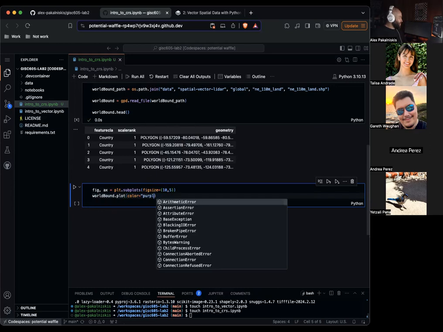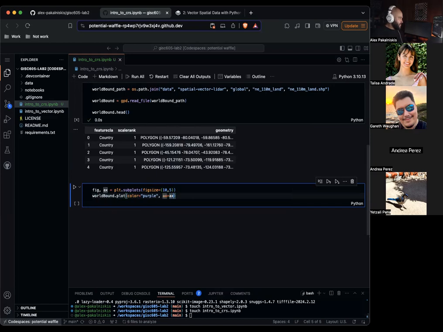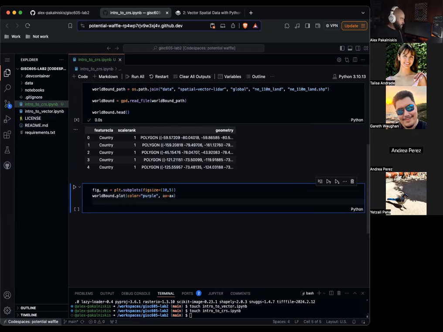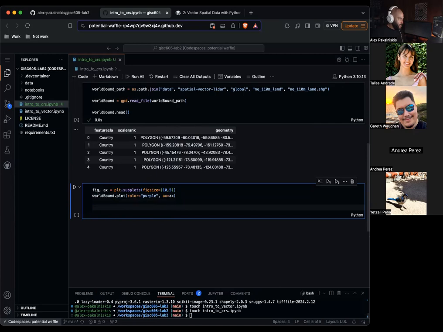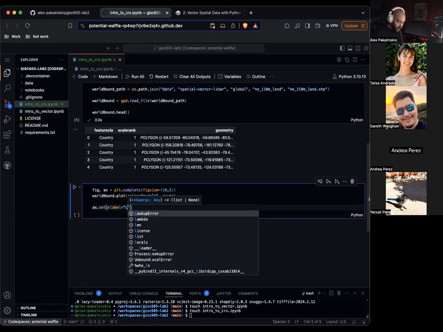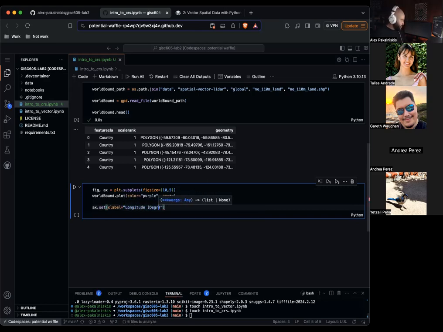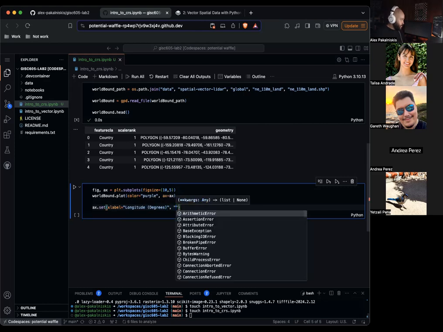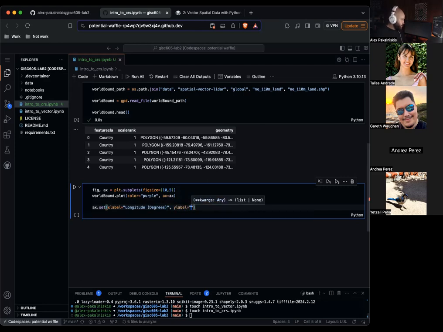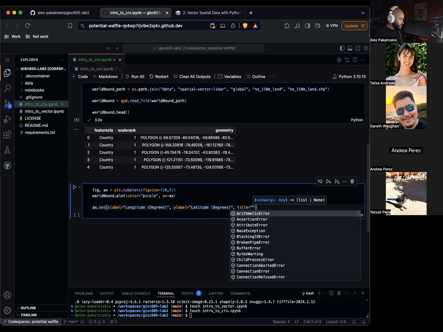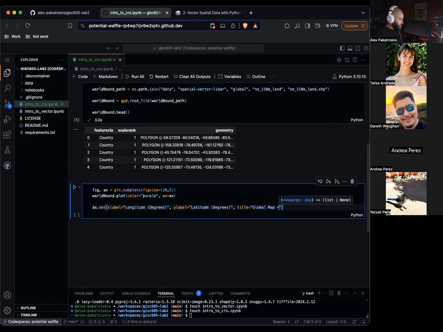Purple's more fun. And let's set the axis to axis, AX. Next, let's set some labels on our axis object. So we'll set the X label equals longitude in degrees. Set the Y label equals latitude in degrees. And then let's set the title equals global map